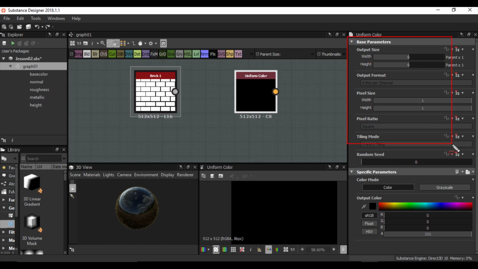One is basic parameters. The basic parameters are the same for all the nodes. For example, all my nodes have base parameters like output size, width and height, output format, pixel size, pixel ratio, tiling mode, and other things. And the specific parameters are unique for each node. For example, for my uniform color, I have the specific parameters of color mode and output color. But in another node, I may have other specific parameters which are not the same as uniform color. So the specific parameters are unique for each node. And